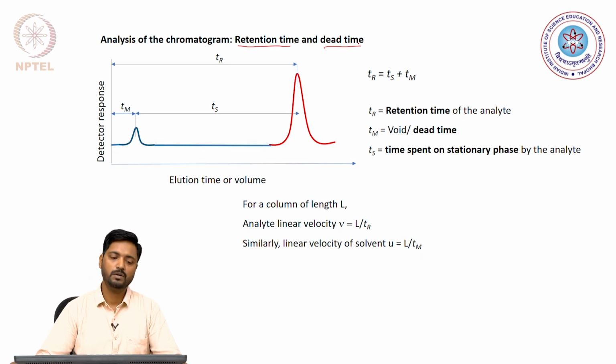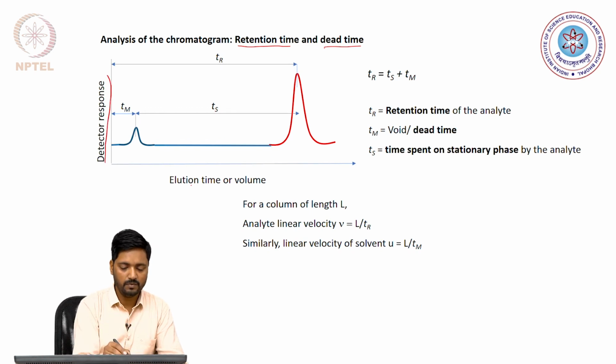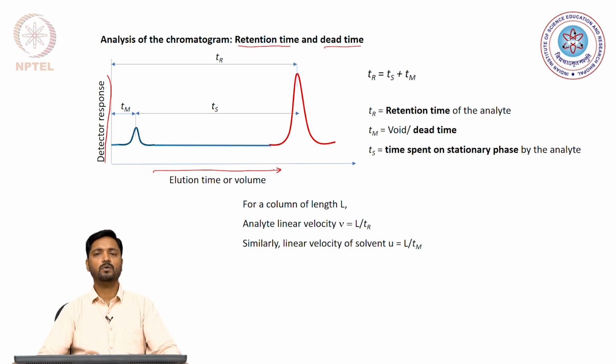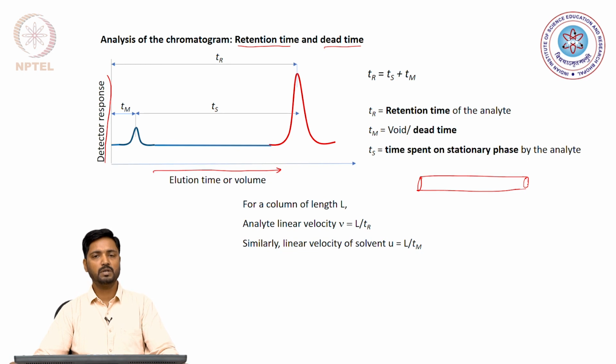So, here for example, we have again plotted the detector response with regards to the elution time or the volume of the mobile phase that elutes out of the column. So, we can have two scenarios here. One is where we have an analyte or a solute which is not at all retained in the column and it moves with the mobile